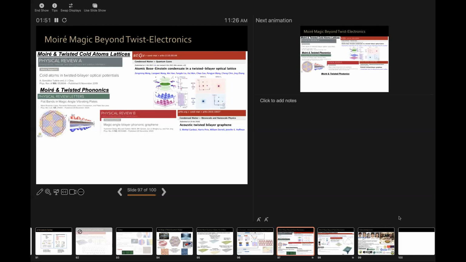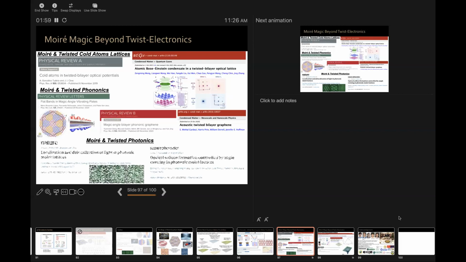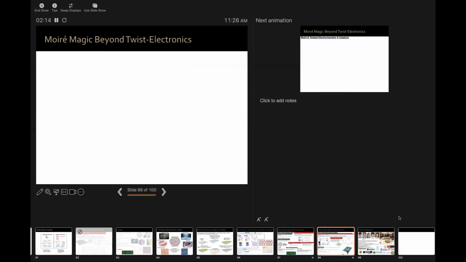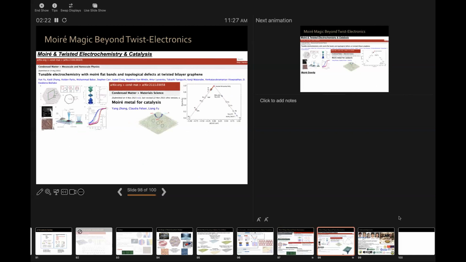Perhaps the fastest developing one is the photonics community, because people are doing more twisted photonics. You can slow down tremendously the speed of light. Okay, so there are entire programs in the US now dedicated to this, and many groups are actually working on this, because you can get all kinds of nonlinear optical effects, etc., by using twisted photonic lattices. Even more, these regions of AA stacking, etc., have very high density of states, which can be very useful for electrochemistry and catalysis. Okay, so there are quite a number of groups doing experiments and theory on Moiré electrocatalysis, Moiré metals for